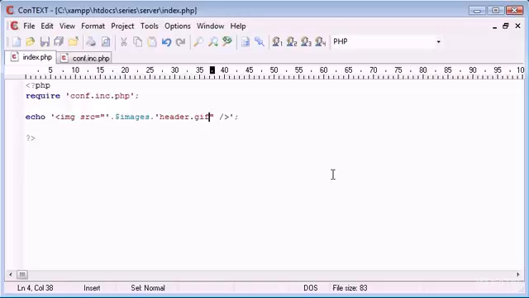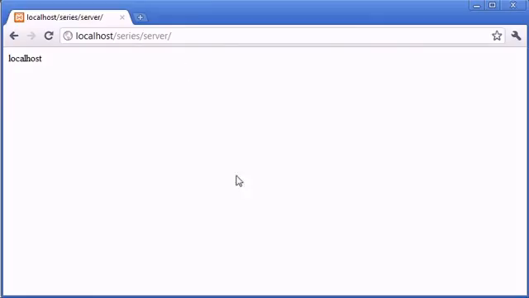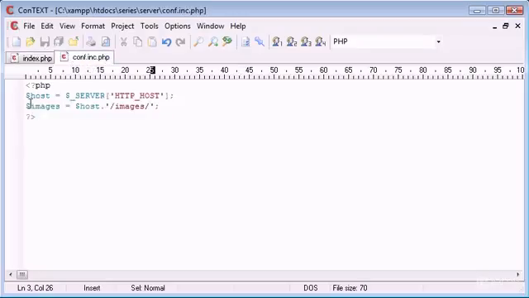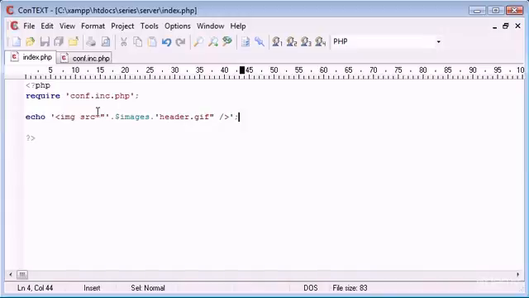header.gif, for example. So what this has automatically done is, now if we transfer this from localhost, which I'm running at the moment on a local server, to let's say phpacademy.org, our configuration file is automatically going to update the images folder to phpacademy.org/images. So now our page is going to automatically update each directory, so we don't have to go through and change